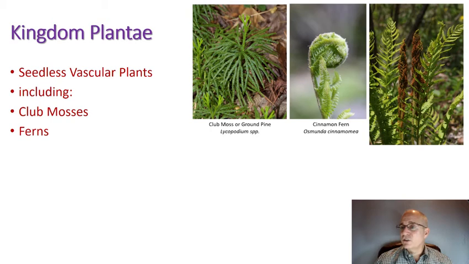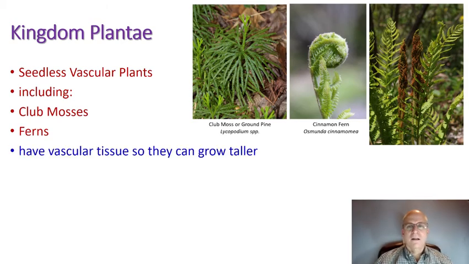This particular one is interesting. It's called the cinnamon fern. Whereas most ferns would have their spores on the underside of the leaves, in this case, cinnamon ferns have their spores stored in these kind of orangey brown structures that you see right there. But these have vascular tissue so they can grow quite a bit taller, and there are fossilized ferns that are 10 and 12 feet tall. So having that vascular tissue gives you a lot of flexibility in how big you can grow. But again, these plants are responsible for making spores and not seeds.